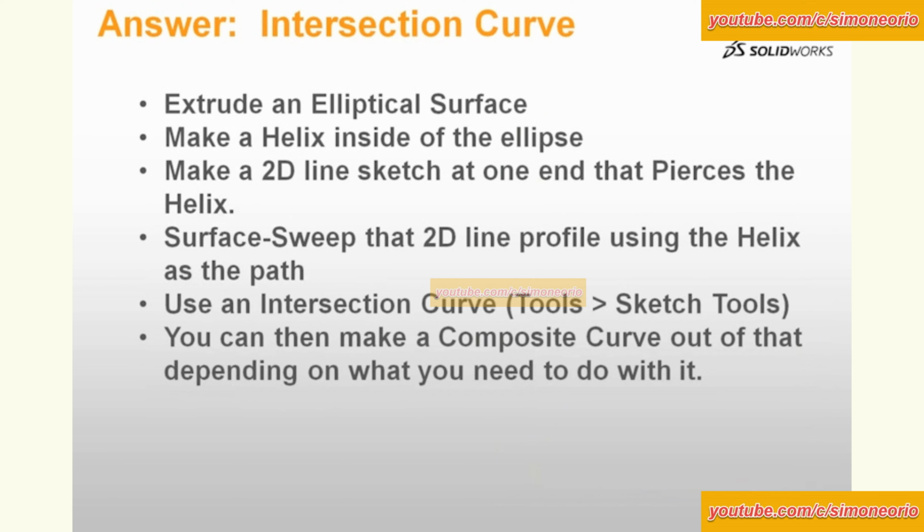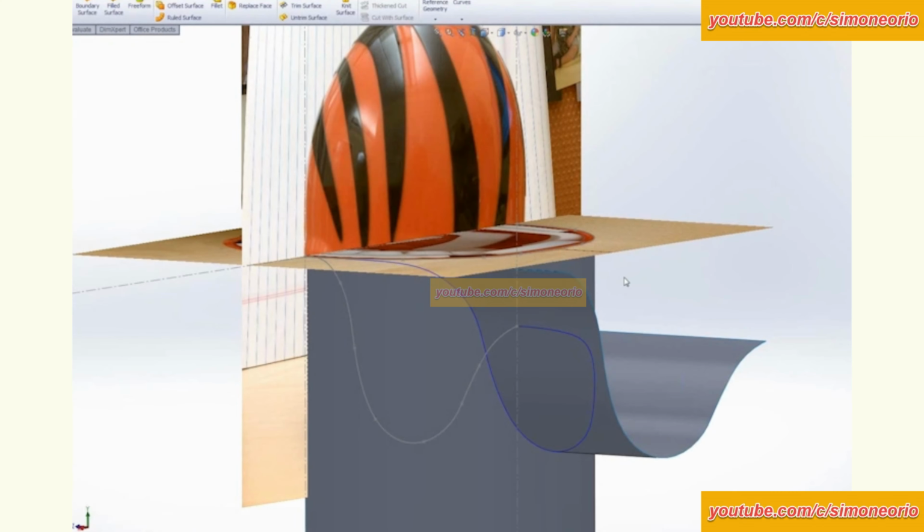So here's your answer. It's called an intersection curve. Okay, is the tool that we're going to use. And I'm going to go through these steps here. You don't have to read them, but they're here on the slide for you so that you can come back to them and look at them later. Okay, but I'm going to come back over here to SolidWorks